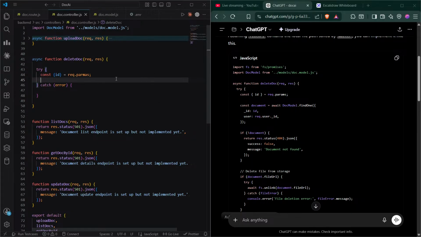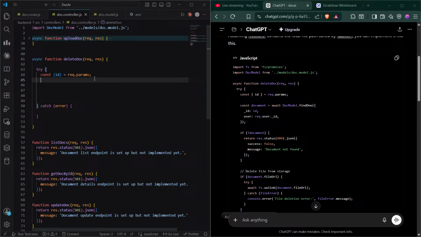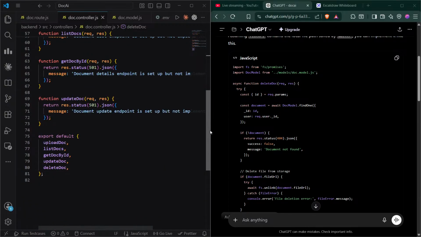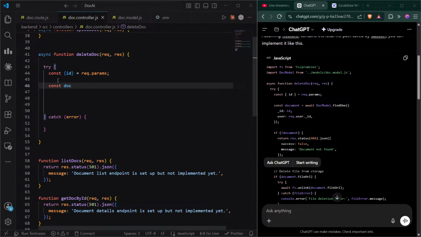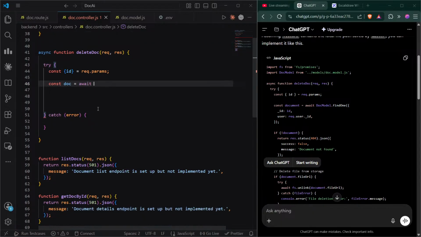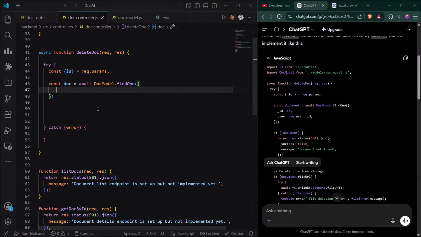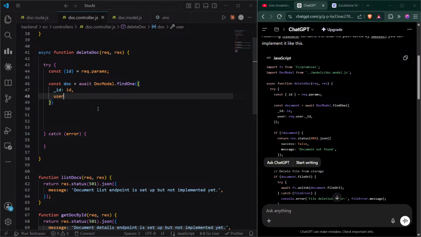Then const docs is equal to await docs model dot findOne, and here we have an object with the id, and the user, request.user._id.